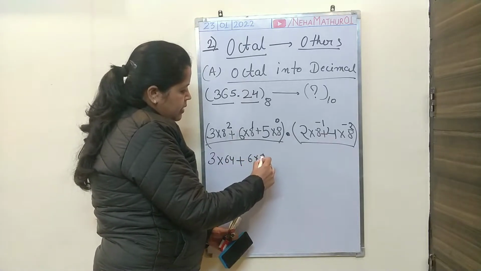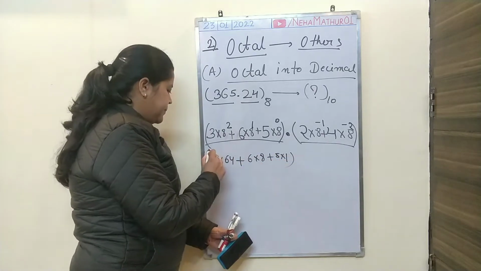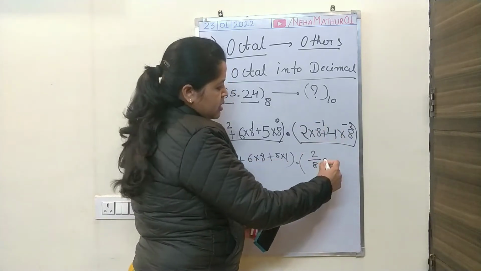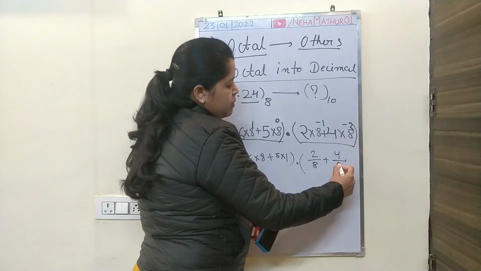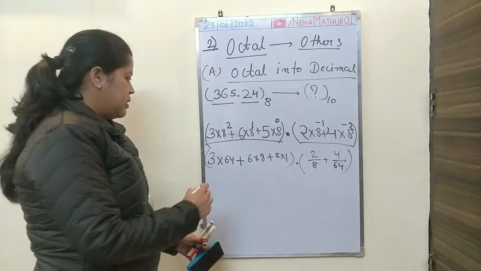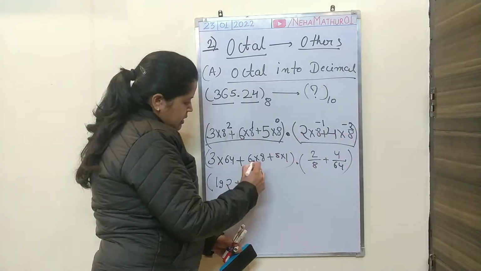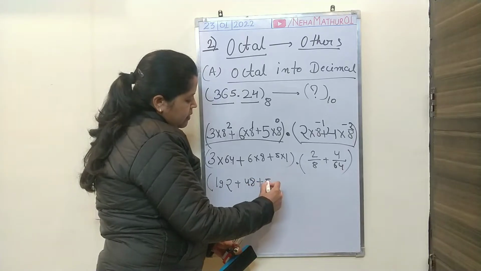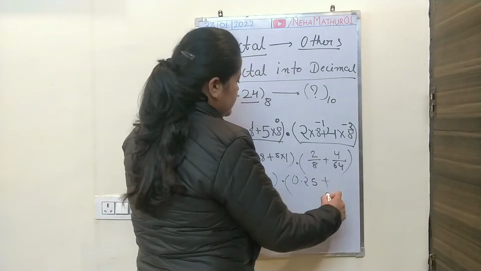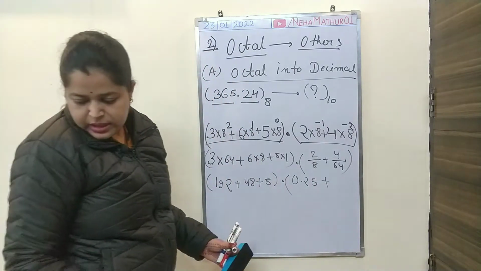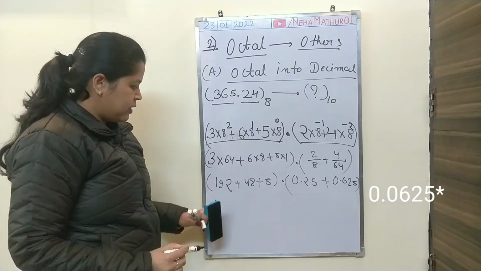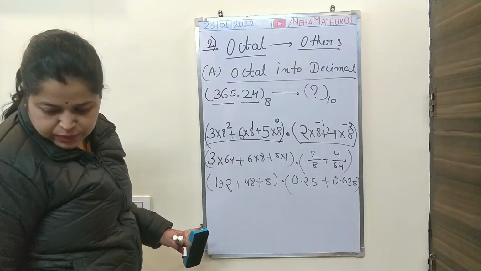plus 6 into 8 plus 5 into 1, multiplied by 2 by 8, 8 inverse means 1 by 8, plus 4 by 8 minus 2 means 8 square, 8 8 is 64. So now you will have to simplify that expression, and it is 6 8 is 48 plus 5, and this will be 0.25 plus 4 divided by 64, it will be 0.0625. Now just add all the numbers, 192 plus 48 plus 5, it will be 245,